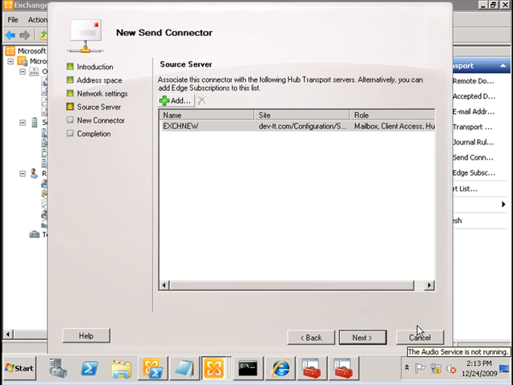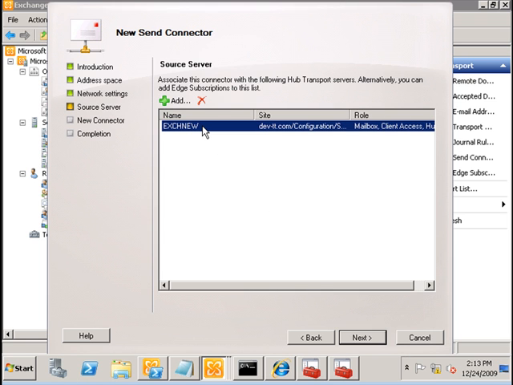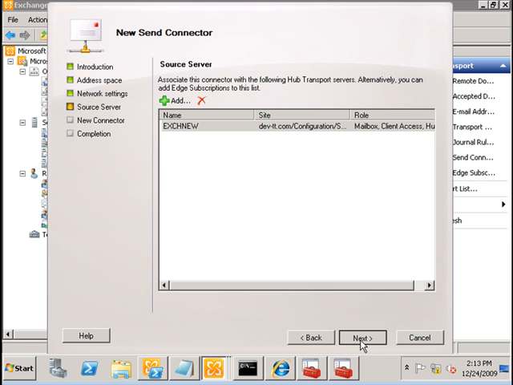And then select servers, other servers in the Exchange 2010 organization which will be sending mails to the internet. So here we see EXCH new, which is another Exchange 2010 server, that will also be sending mails to the internet, and we will associate this connector with that server as well. So we're going to click on next,